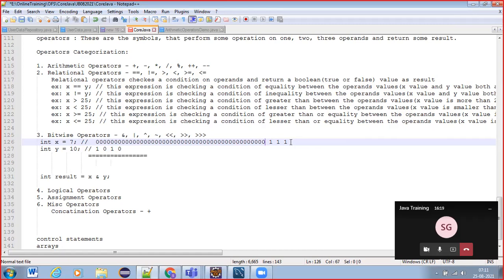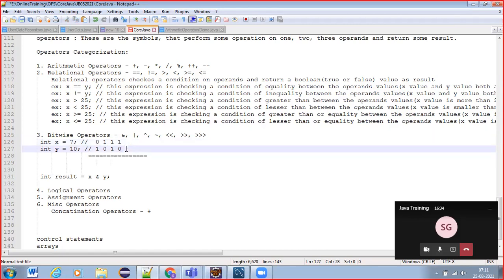When we multiply with 0, anything with 0 is always 0, so whether you write it here or not, there won't be any difference. Now here, multiply with 2 power 0, plus multiply with 2 power 1, multiply with 2 power 2, multiply with 2 power 3, and add everything. So we get 10 here.